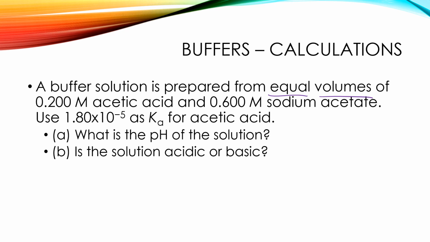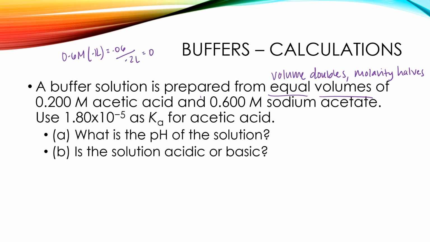Either way, when we add them both together, my volume doubles, so my molarity is cut in half. Right? Because if I have 0.6 molar times 0.1 liters, 0.06. And then if it was equimolar, so now it has to be over 0.2 liters, well, now I have 0.3 molar. It's going to go in half. So for the pH of the solution, I'm going to do the Henderson-Hasselbalch equation. pH equals